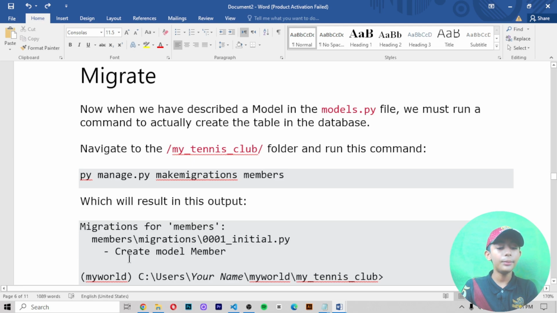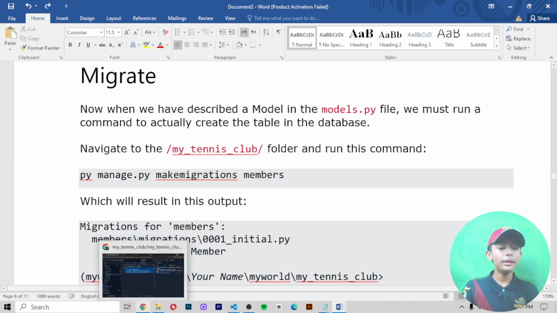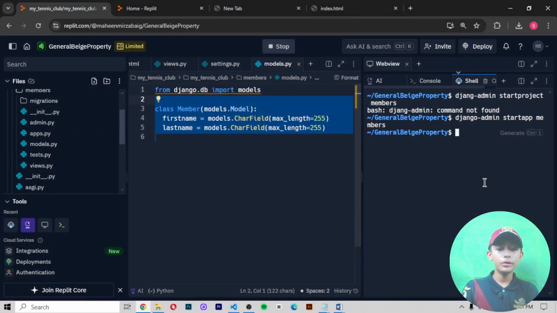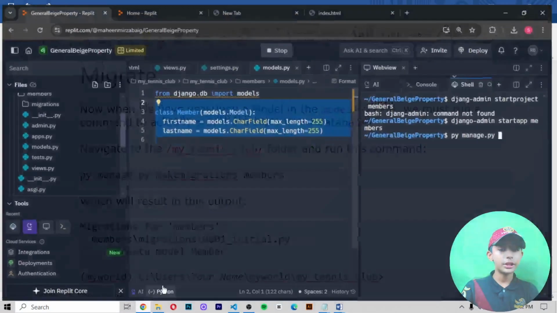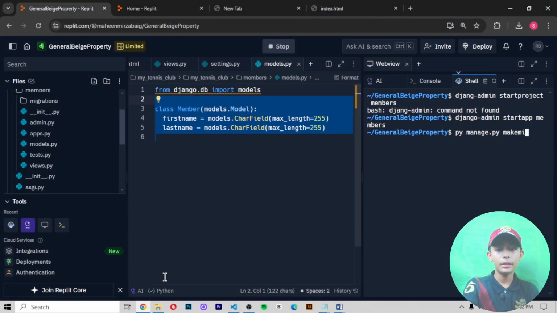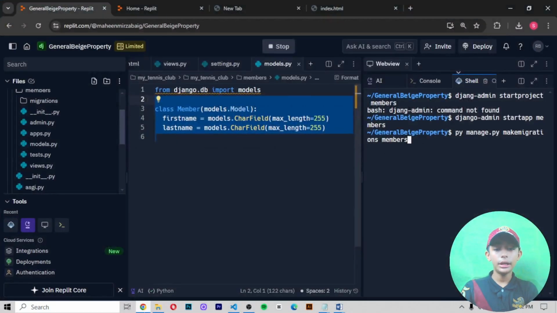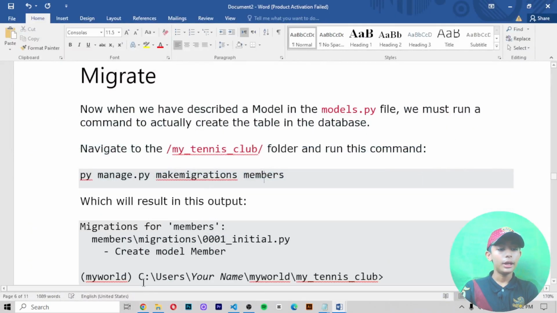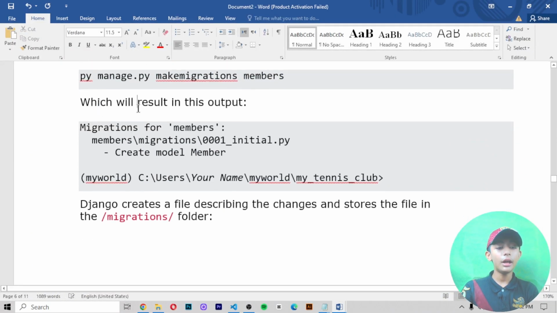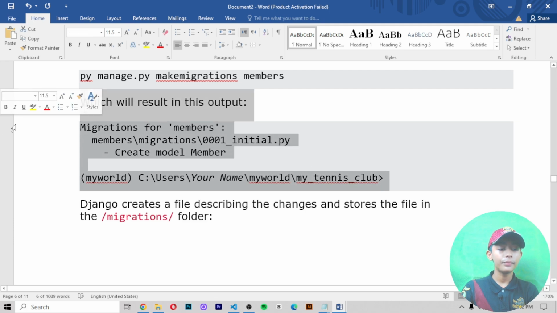In the shell you write py manage.py makemigrations members. Then press enter. Now it will run, and the output will look like this.